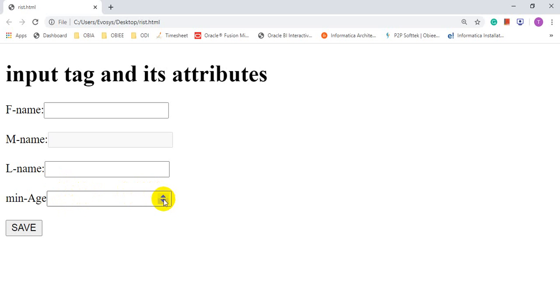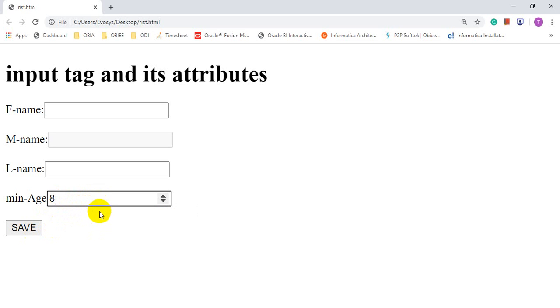This is the feature of number, so you can write any number. For example, if I write 8, as you know I have given the minimum number as 18. So when you write 8 and submit the page, please student pay attention, I have written 8, but when you click on the submit button, it is not allowed to submit. Just see, there is a message.